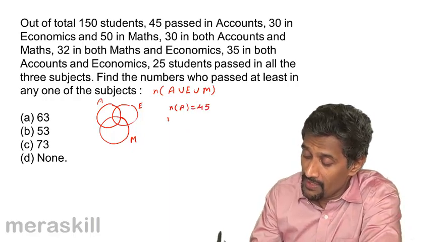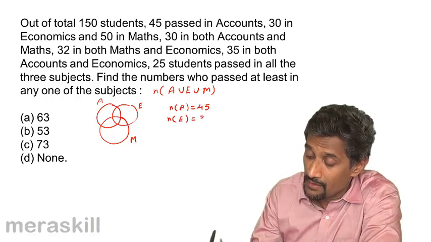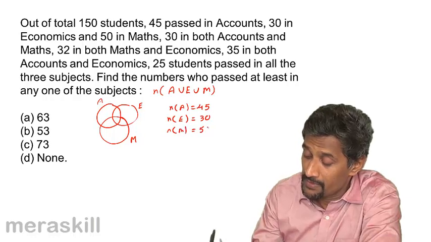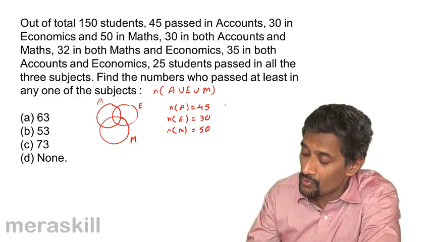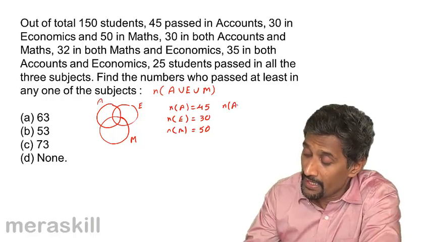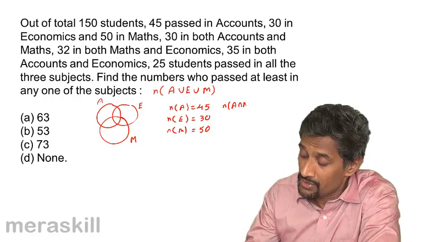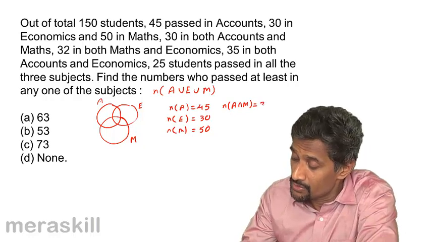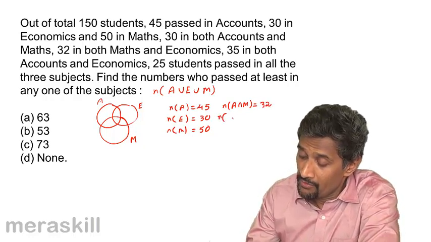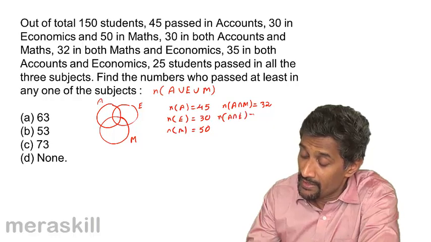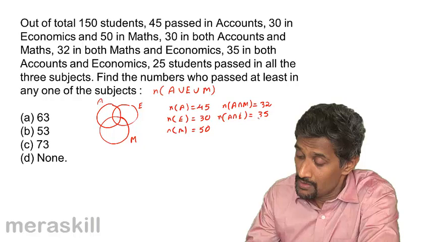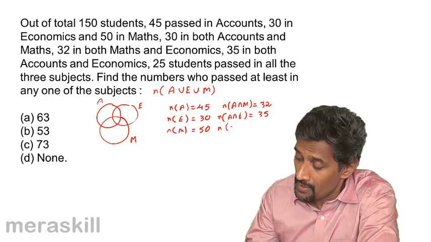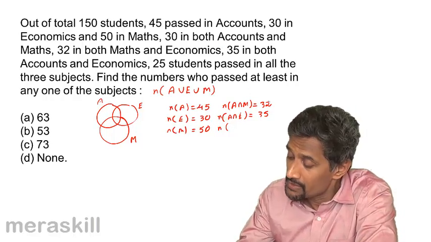And n(E) is 30. And n(M) is 50. 30 in both accounts. So n(A ∩ M) is 32, and n(A ∩ E) is 35, and 32 maths 30. n(A ∩ M) is 30,